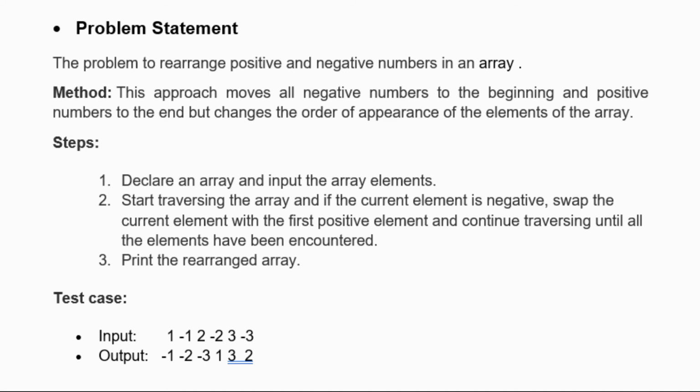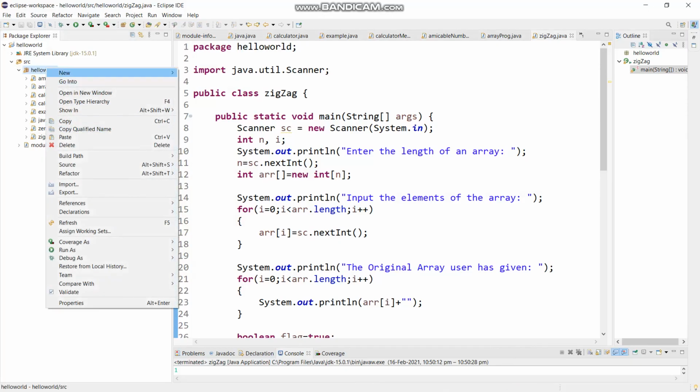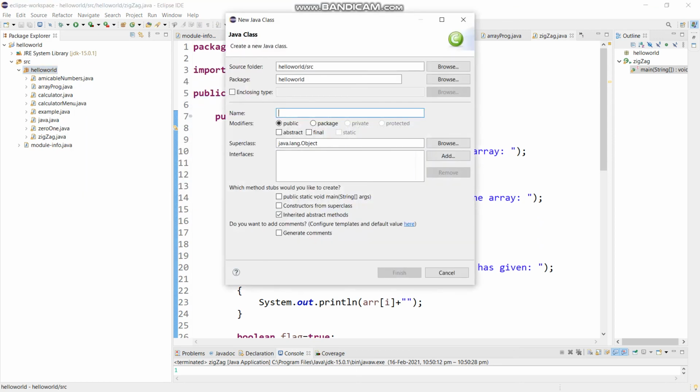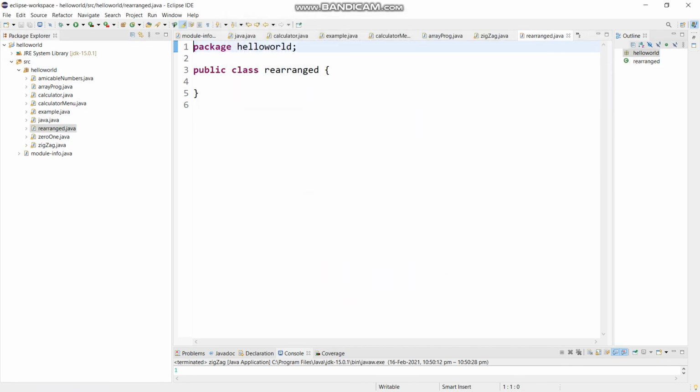Simple. So what we will do is change the sequence of the program. Like we were writing the logic afterwards, now we are going to declare the logic earlier in the program. So inside the Eclipse IDE, we go to the source, right click it, new, then class. Inside its dialog box, just write Rearranged, and don't check public static void main string args. Just finish it. So we have the class Rearranged here.